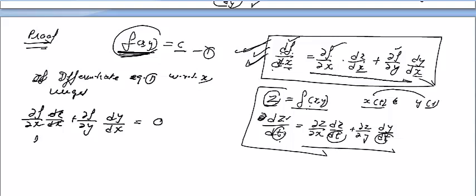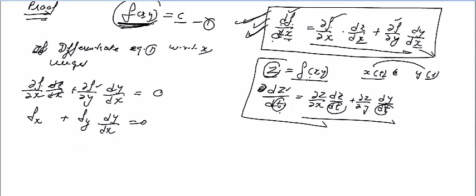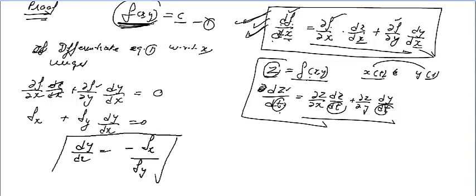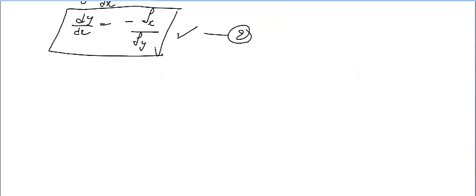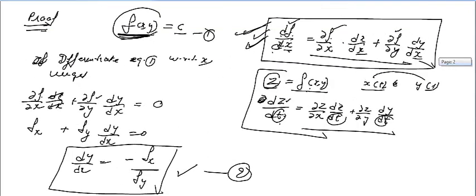Now student, this is very interesting, see this one, this will be 1. So this is fx, the partial derivative of f with respect to x. This is fy, derivative of f with respect to y. So this is fx plus fy dy by dx is equal to 0. So what you are getting here, dy by dx will be minus fx by fy. So this is the first formula that we have proved. You can use this anywhere directly. Now we will prove the second one. Second one means this one.